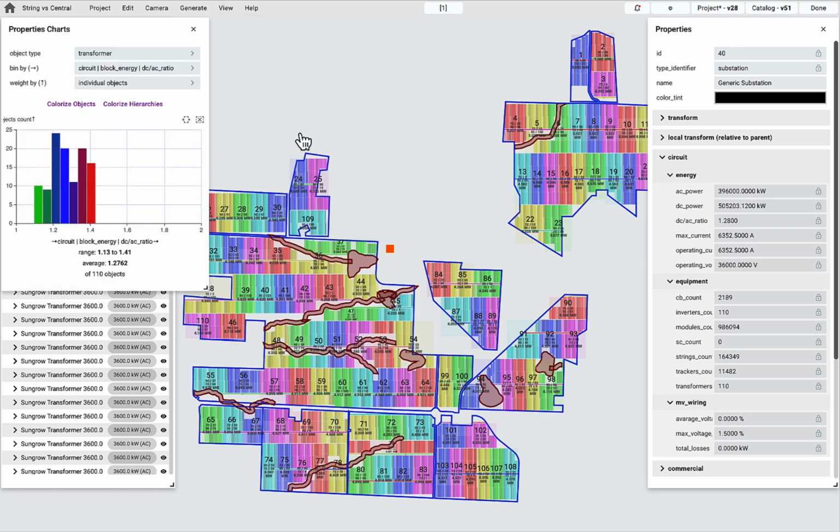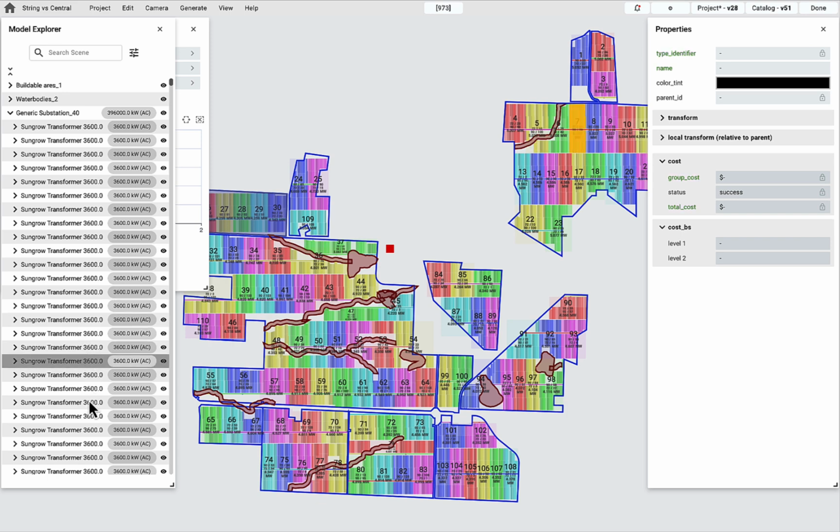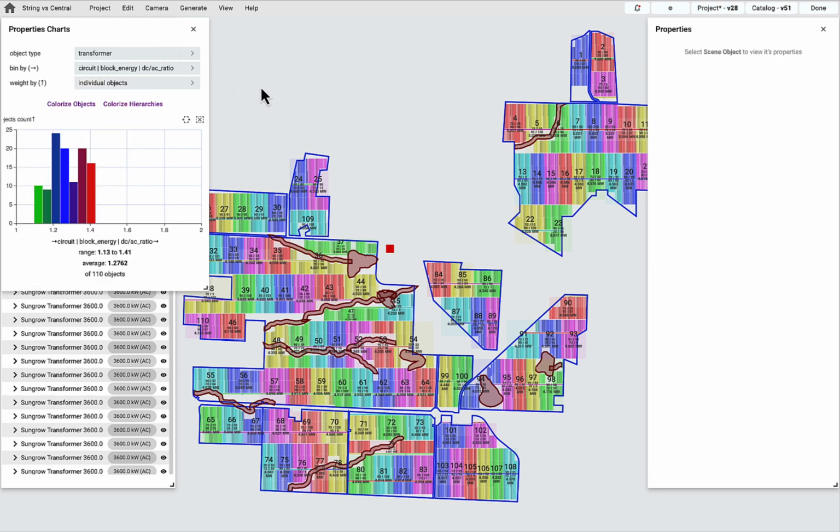Again, as I said before, the BIM nature of our objects, of our layouts, allows us to do a fancy analysis by simply going through object properties, right? So for example, if we have a bunch of blocks here, block 1, 2, 3, 4, 5, 6, 7, etc., they are all grouped around transformers, which means the transformer accumulates the data about the objects inside, right? So in that specific way, I can actually go pick my transformers here and then pick my DC-IC ratio or